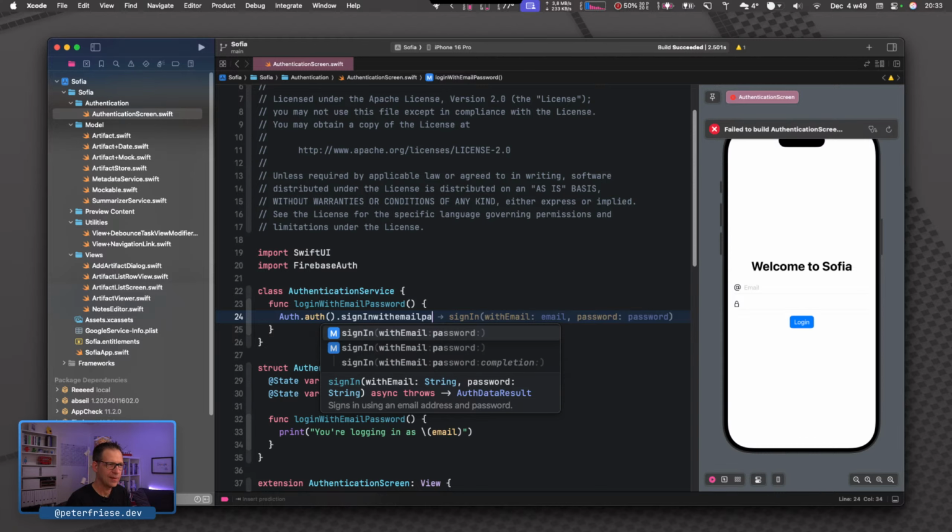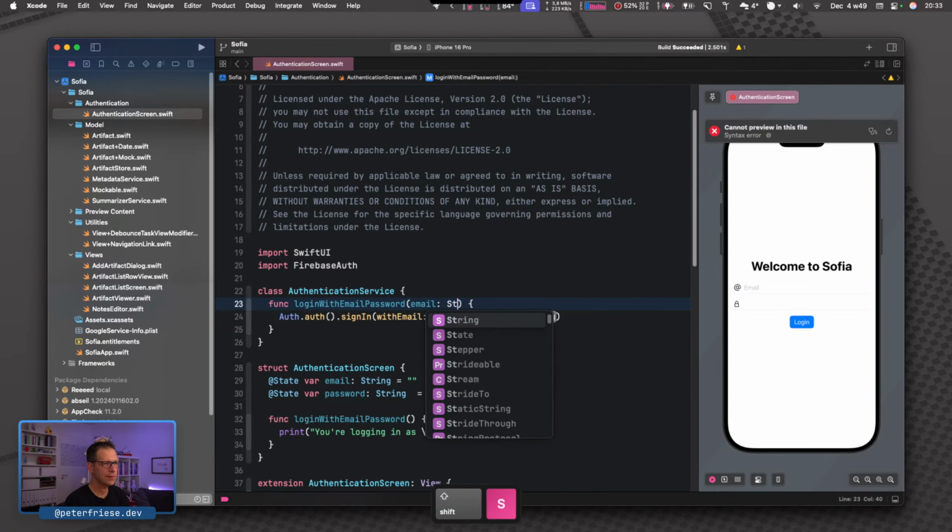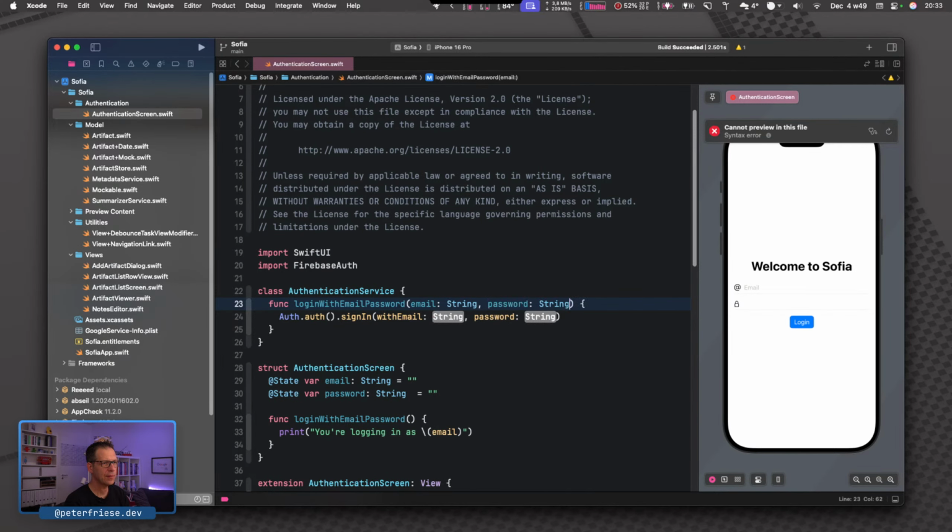This is one of the pieces of Xcode that I really like. Now we need an email and a password, and we don't have that on our service. So let's add a parameter here. Email is a string and password is a string as well. Here we have the email, here we have the password.